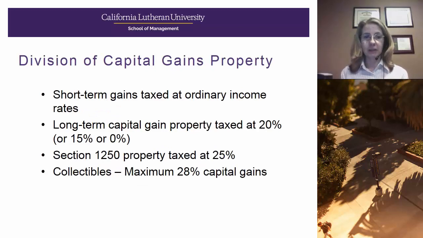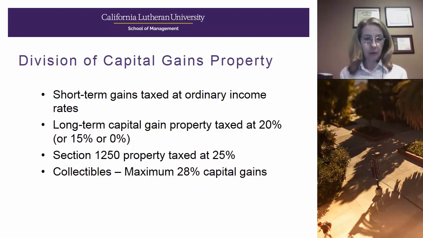Now once we've determined that a capital gain does exist and it is taxable, it's recognized as well as realized capital gain, then we need to determine at what rate that gain will be taxed. And you can see here there are several different rates to choose from. So a short-term gain is actually taxed at an ordinary income tax rate, so there's really no preferential treatment for the short-term capital gain. In contrast, long-term capital gains can be taxed as low as 0%, or they could be taxed at 15 or 20%, and that depends on the taxpayer's marginal income tax rate, or in other words, the amount of other income the taxpayer is recognizing in that year.